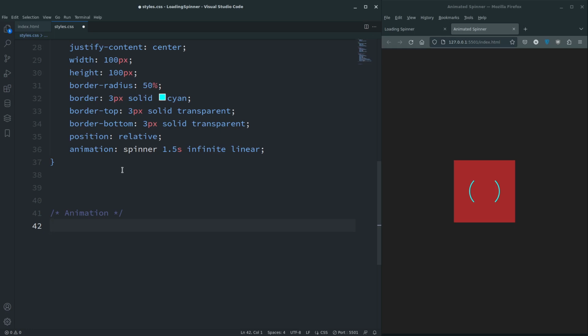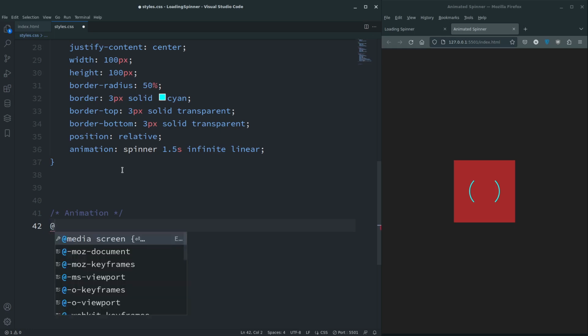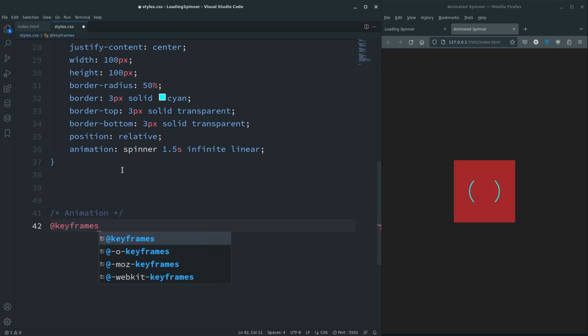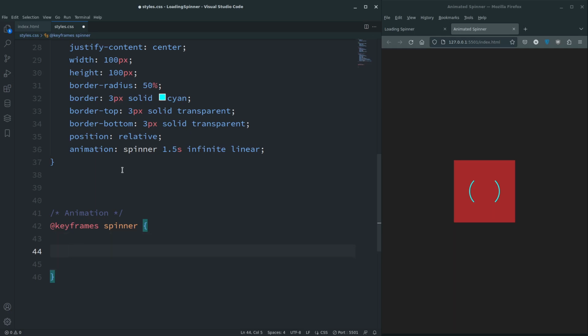Right, so for an animation you always start with an @ symbol, keyframes, and the name of the animation. So we called it spinner, so there we go. Open with curly braces. So at 0%,